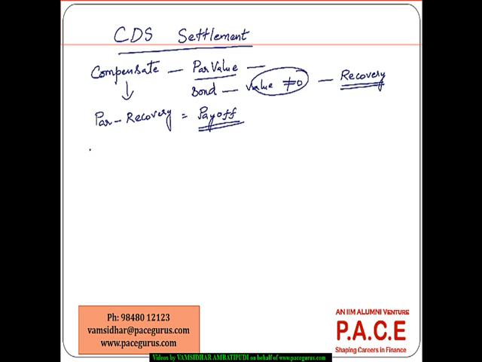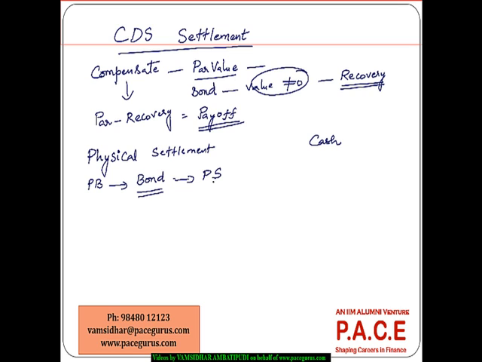And typically we talk about two types of settlements of credit default swap. It could consist of a physical settlement, or we can even talk about cash settlement. Two different forms of settlement. In the physical settlement, what happens is the protection buyer is giving the bond, or whatever is the defaulted security of that reference entity, to the protection seller. So it is like whatever is the delivered bond, the delivered bond is given to the